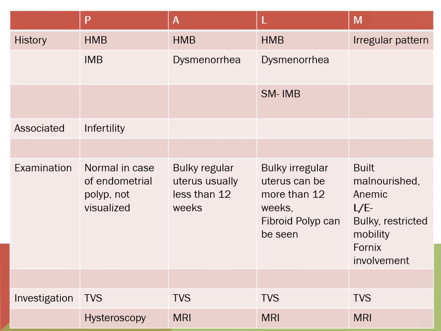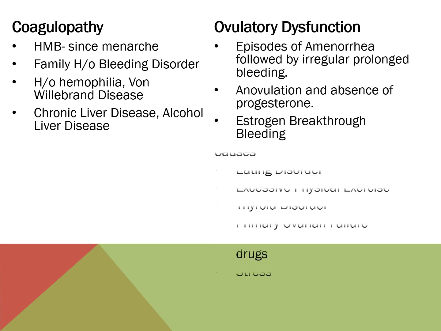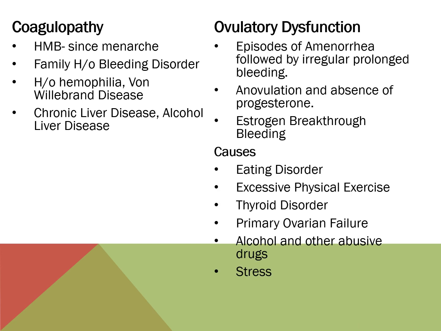Now let's talk about the other part, that is the non-structural causes. In the non-structural causes, first we have coagulopathy. See, in the coagulopathy, there will be a history of heavy menstrual bleed, and that will be since the menarche of that patient, and she could have a family history of bleeding disorders such as